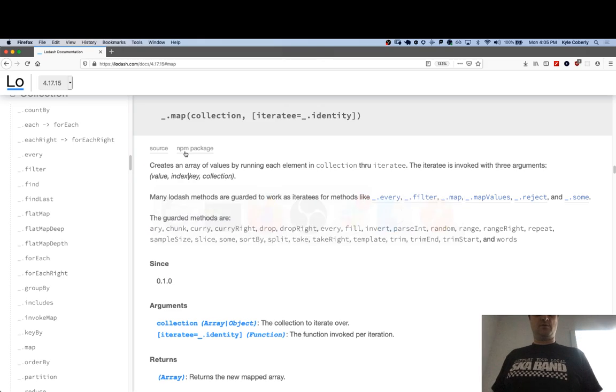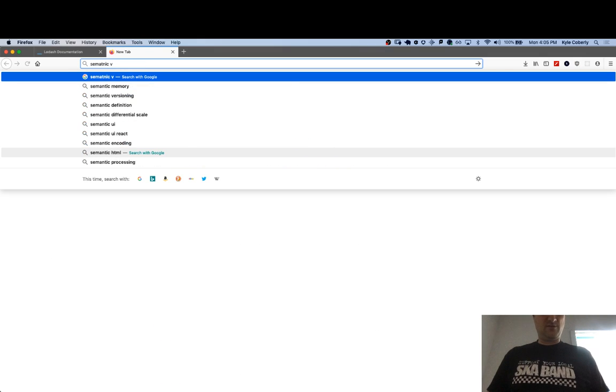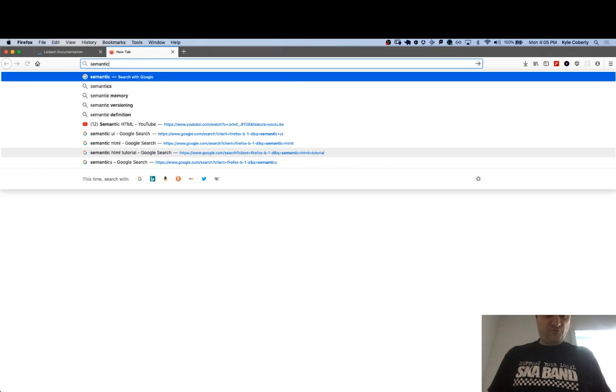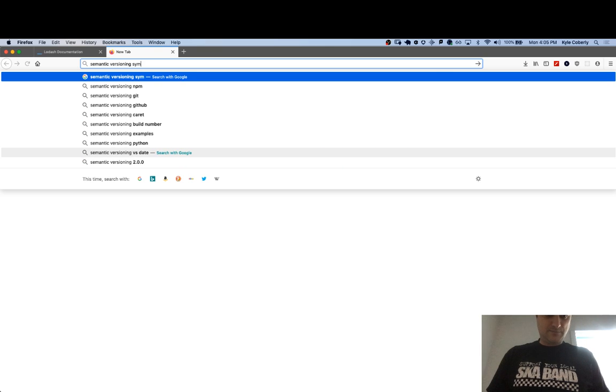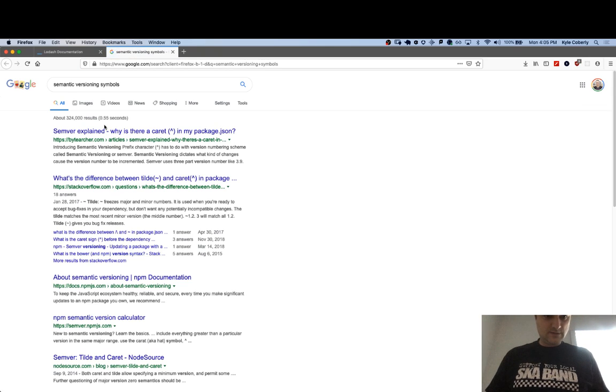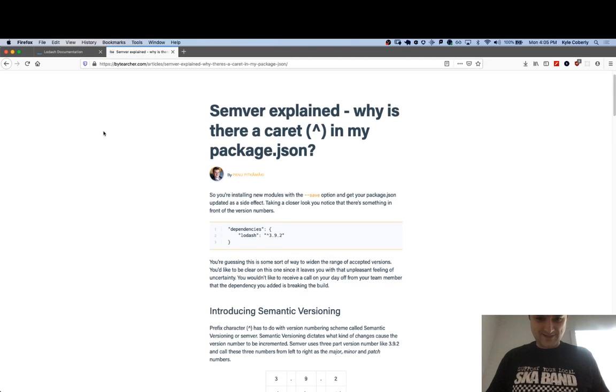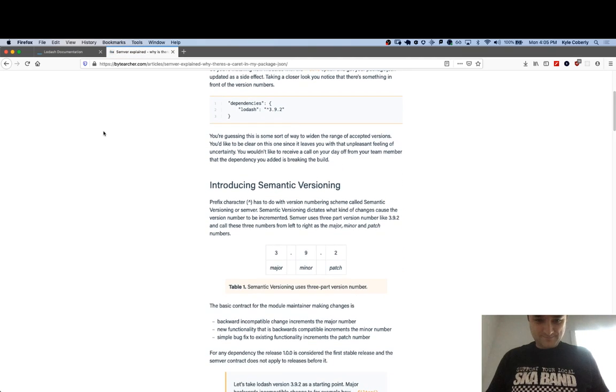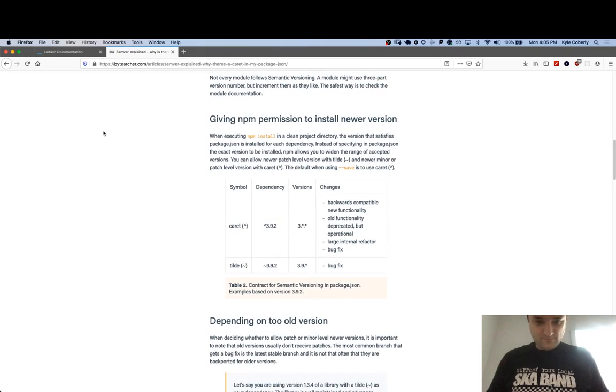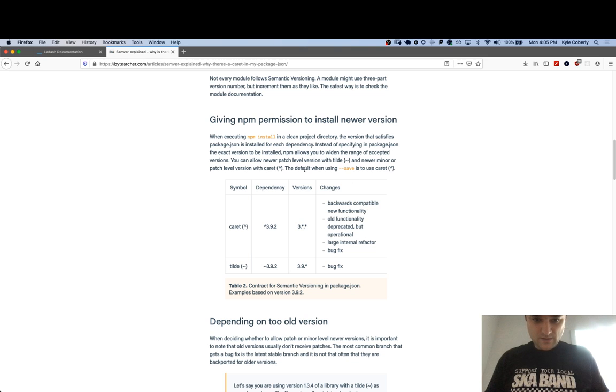I never remember it though. Semantic versioning symbols. Why is there a caret in my package.json? Okay. All right. Newer patch level, a newer minor or version. Got it. So